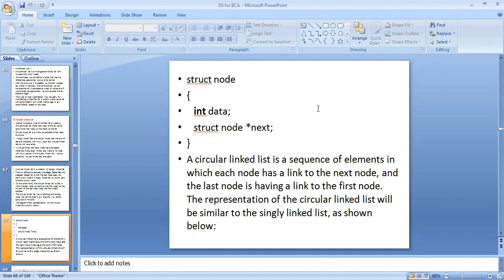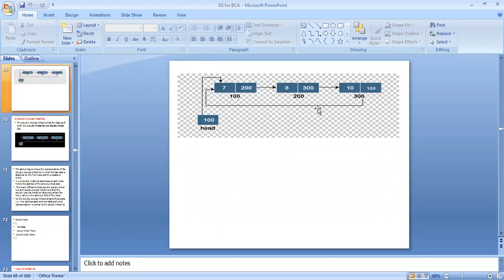A circular linked list is a sequence of elements in which each node has a link to the next node and the last node has a link to the first node. The representation of a circular linked list is similar to the singly linked list, as shown below.